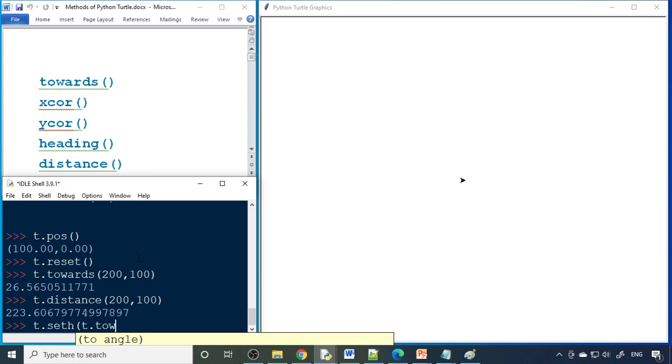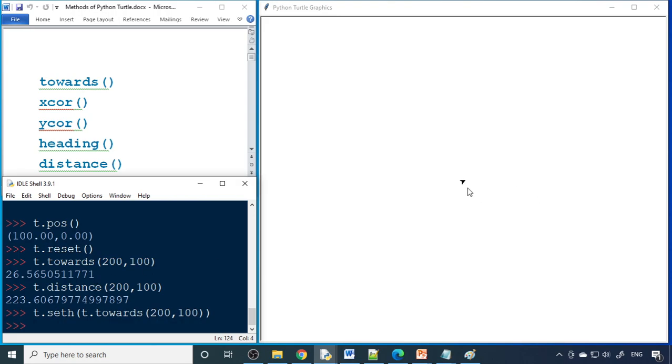So t dot towards 200 by 100. So instead of typing the whole thing, I just give the value and it should turn to that particular direction. When I press enter key, now you can see that it's turned to 26.56 degrees.